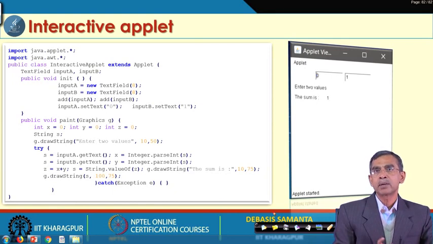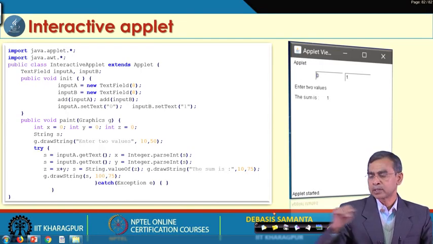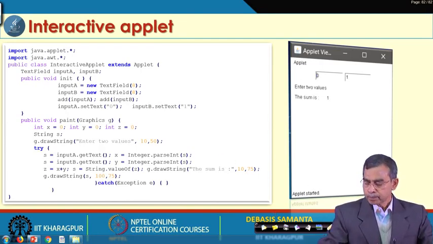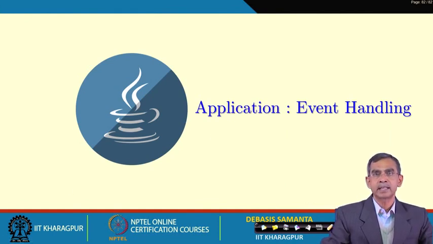That is why this is called lightweight programming, because we just put the components in and the job is done readily, and there is a lot of support from the APIs. The AWT package gives you everything and implements it. So, this is very simple compared to other programming concepts. This is one example of interactive applets, and event handling is a very important concept that needs to be discussed thoroughly.